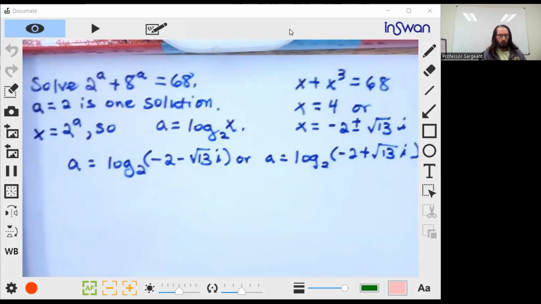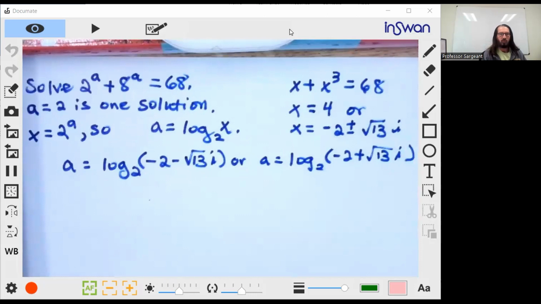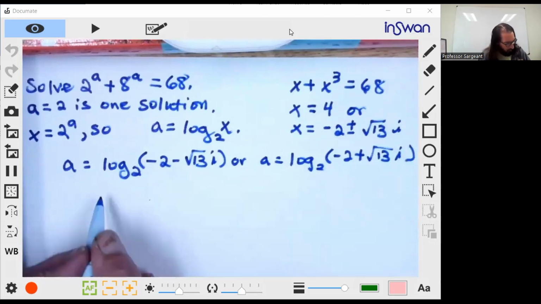You might say to yourself, well, how do I do that? How do I take the logarithm of a complex number? Can I even take the logarithm of a complex number? Well, before we get to that,